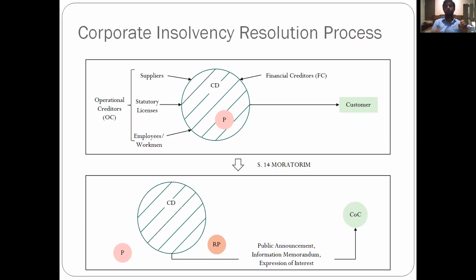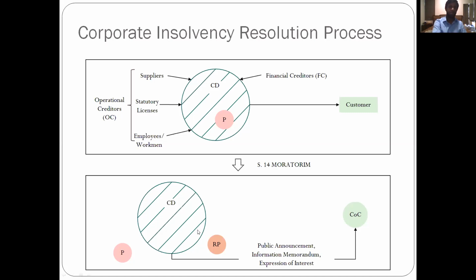None of this is possible because within 15 days you move an application, and a court needs to decide whether it has merit. If it has merit on the event of a default, Section 14 moratorium is imposed, and boom, you are in this cycle, and everything freezes. You can't touch the assets of the company, you can't erode it, and it's very difficult. And as to how it happens, the promoters, the pink bubble you see on the left, are actually out of the company. So your existing management is no longer in control of the company.